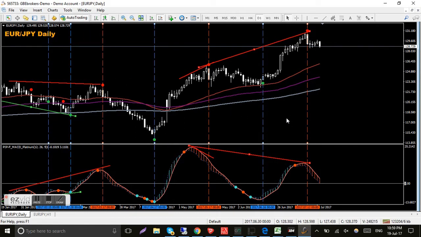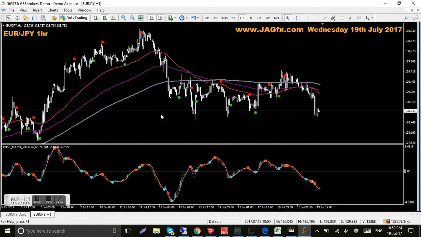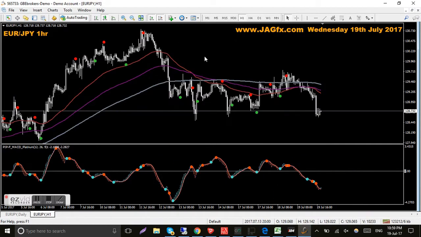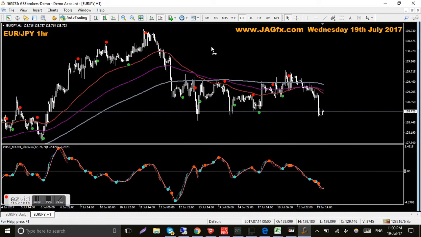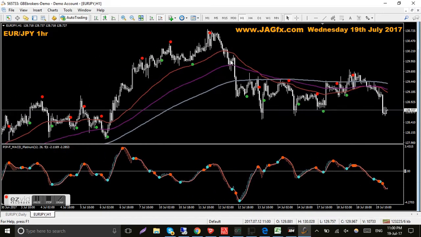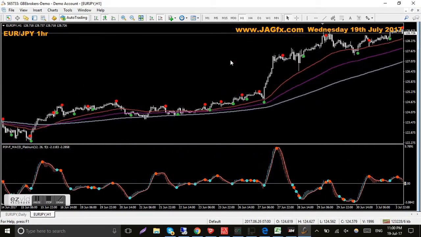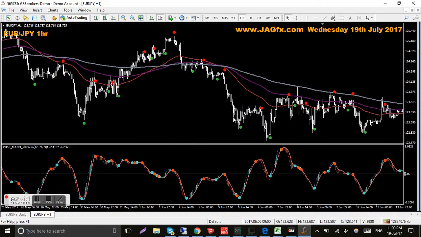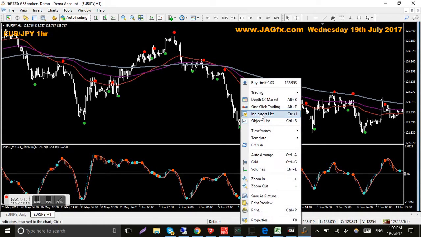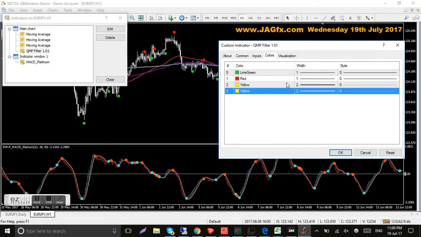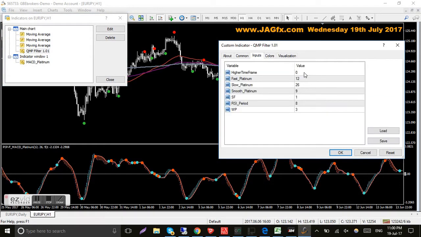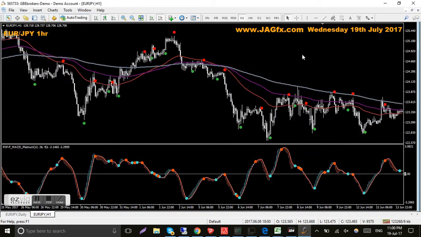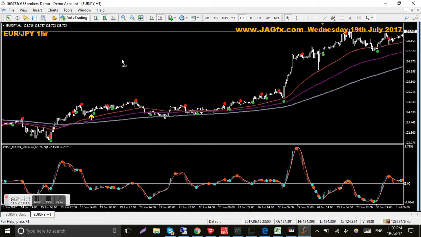So what I've done on the 1 hour chart, it's the same setup, but all I've added is the higher time frame yellow arrows, hopefully. No, that'd be right, none there, can't see them. Let's have a look. Indicators, QMP, yellow, right. No, I lied, I thought I had done it. So hopefully that'll put, yep, there we go. So